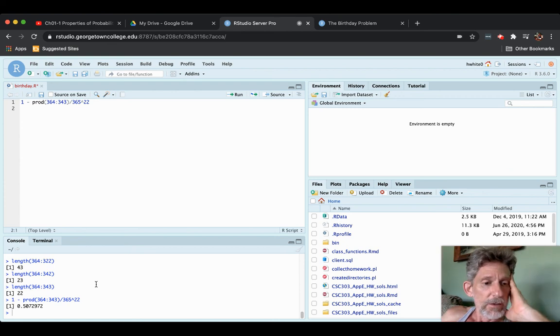So there's actually a little bit more than a 50% chance that at least 2 of the 23 people have the same birthday, which is pretty amazing. But now that we're here, let's see what might happen under other circumstances. What if you had 30 people in the room? Let's see, if there were 30 people,